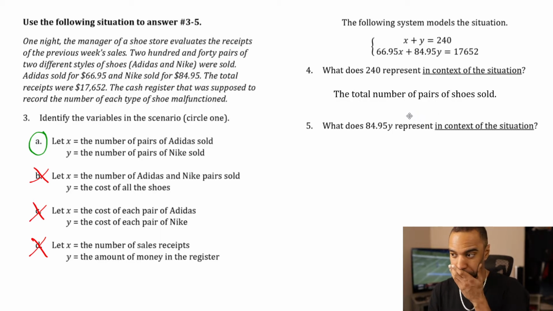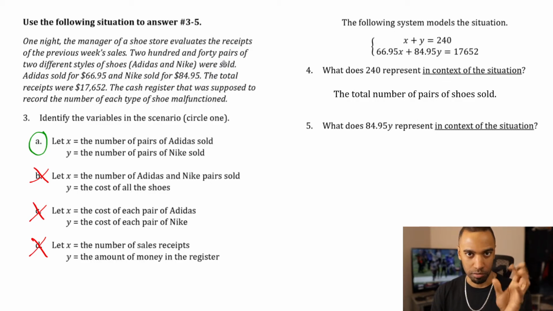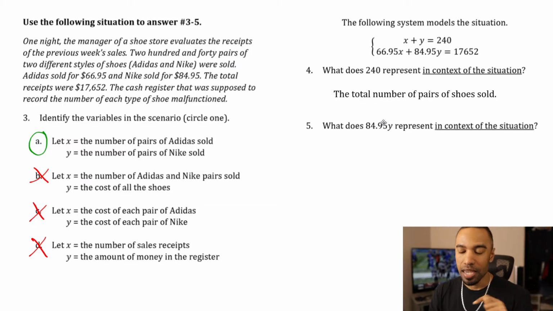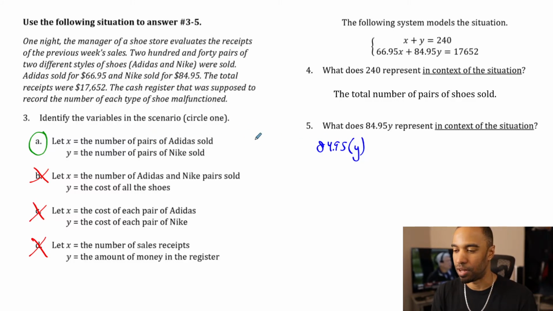Number 5, what does 84.95Y represent in the context of the situation? Be careful on this thing, because 84.95 is the cost of each pair of Nike brand shoe. But it doesn't say 84.95. It says 84.95Y, which means 84.95 times Y. Y represents the number of pairs of Nike sold. So if we're going to multiply the cost of each pair of Nike sold by the number of pairs of Nike sold, let's say, for argument's sake, that number was 100. When you multiply 84.95 by 100, the decimal just shifts 2 over, but you get